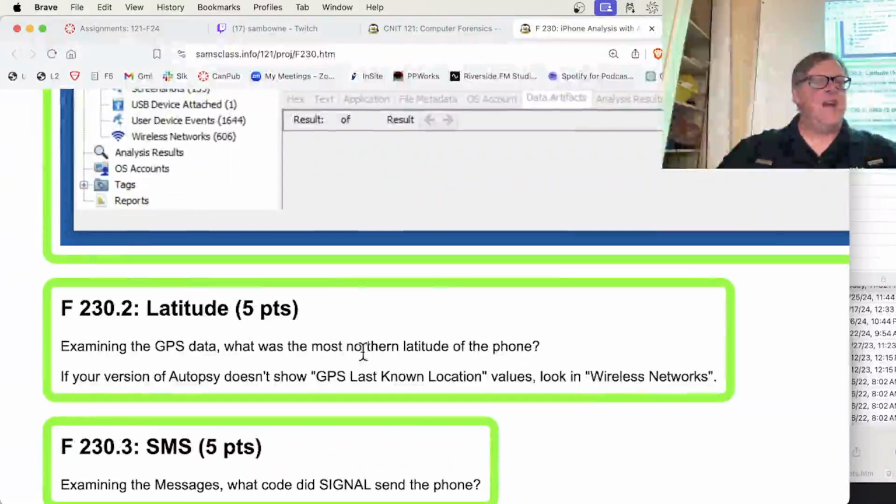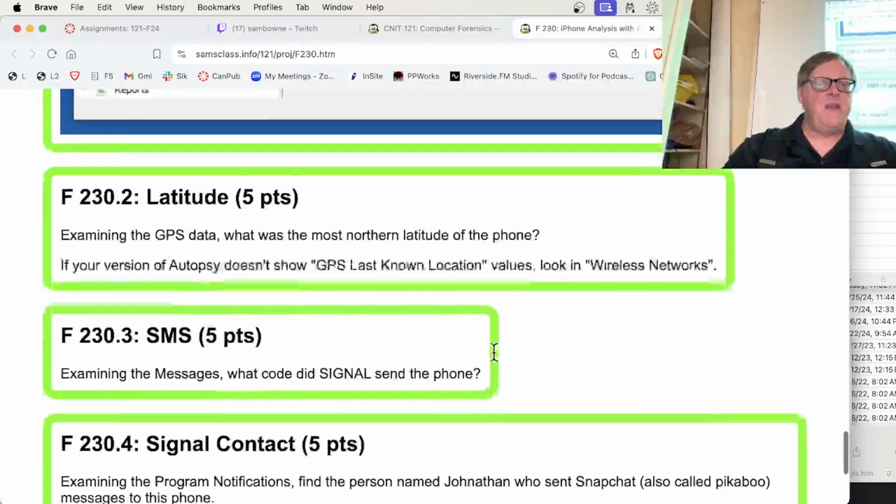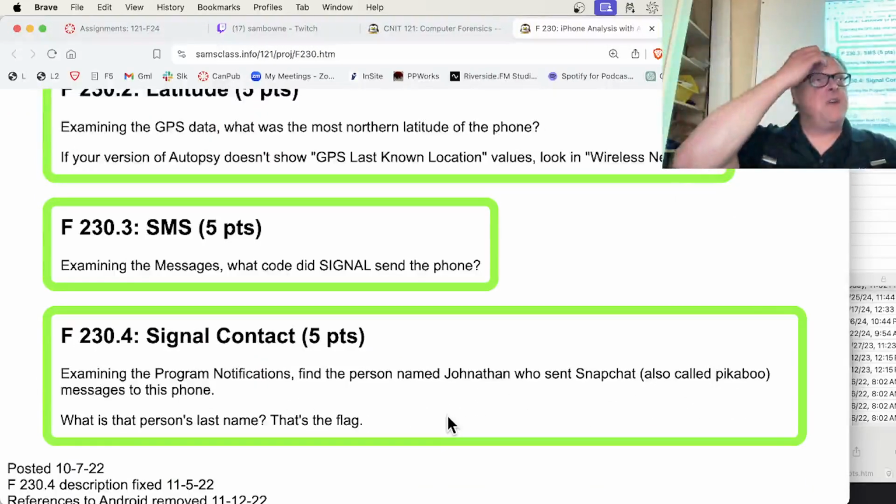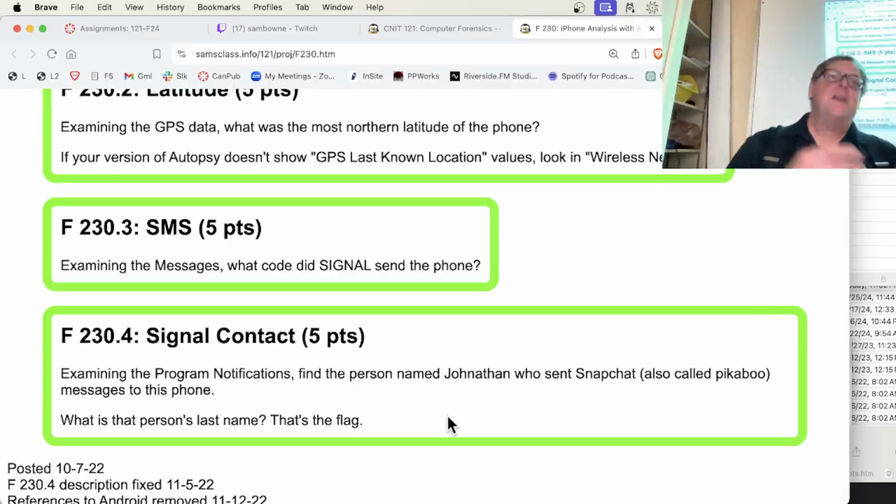And then there are some other things to find. The most northern latitude of the phone, the GPS locator is running, so you know where the phone has been. You can find the SMS messages, and you can find the Signal contacts. This is something that the manufacturer of Telegram tried to make a big deal about. He said, Signal is not encrypted, because if you look on the phone, you find the messages. And we're like, well, you have to be able to read the messages. It's got to be on the endpoint, and the developer of Signal gave him a really hard time, saying, come on, you can't complain about my messenger that at the endpoint it's visible. It wouldn't be useful otherwise. The point of encryption is encrypted in transit. But anyway,